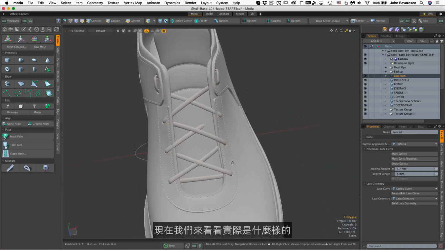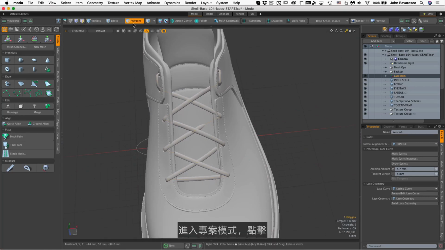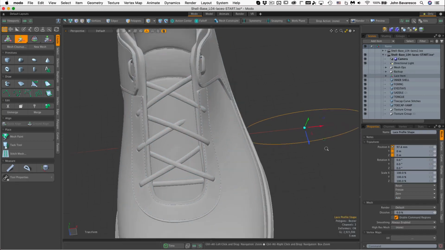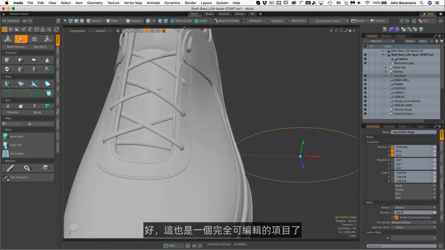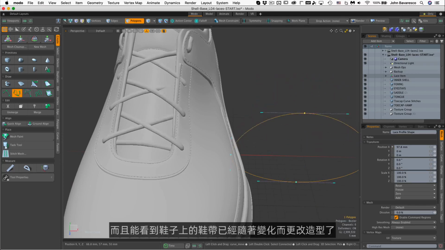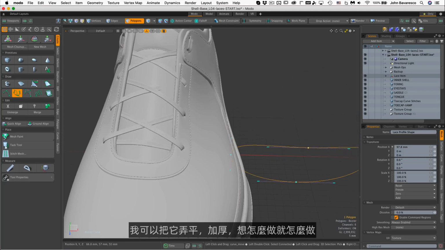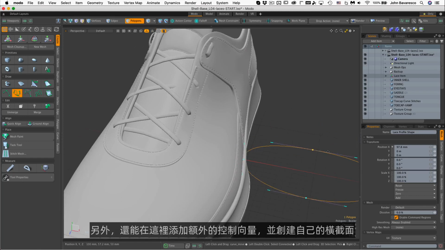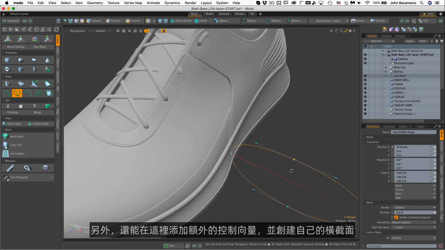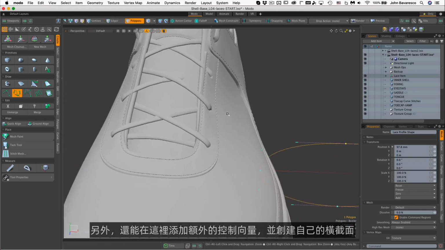Now let's take a look at what it actually looks like here. I'll go to my item mode, click on that, hit the W key, and just move it out so you can see it. Now this is also a fully editable item, and if I go to polygons and click on it, I can actually change the shape of this, and you can see the lace on the shoe changing shape. I can flatten it, make it thicker, whatever I want to do. I can also add additional control vectors on here and create my own cross-section. Okay, so